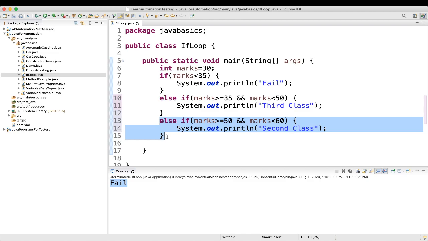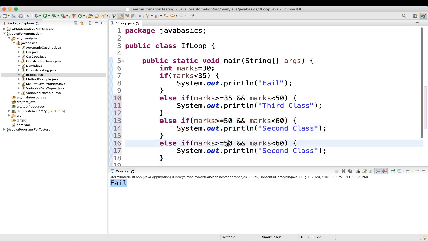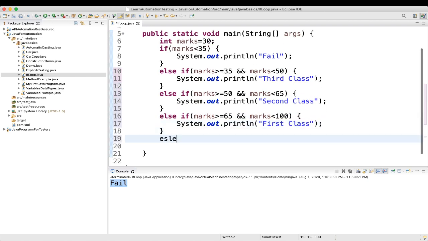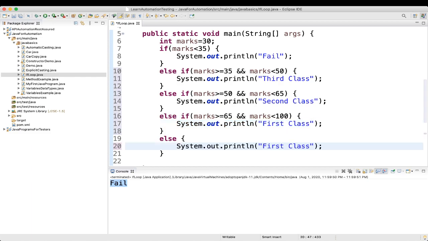Again, if marks is more than 65, let me put 65 and 100, then we call it first class. Then else, we print something like invalid. If someone is scoring, for example, more than 100, it's invalid, right?